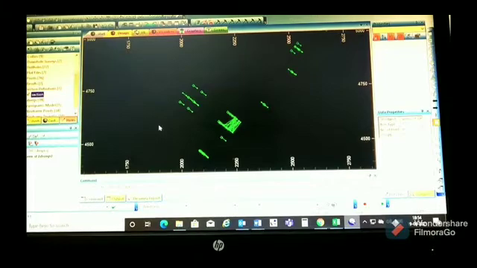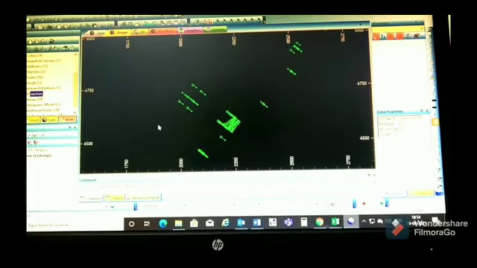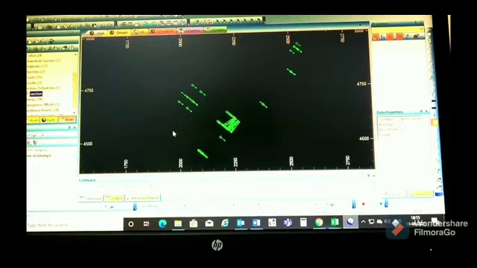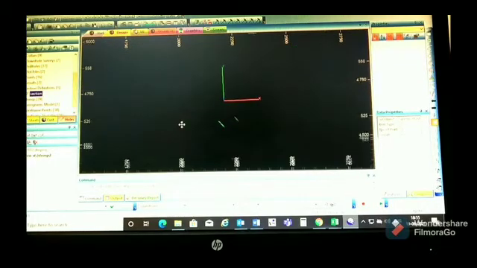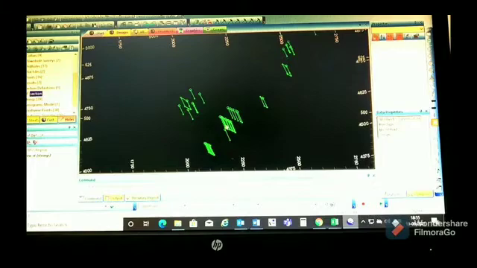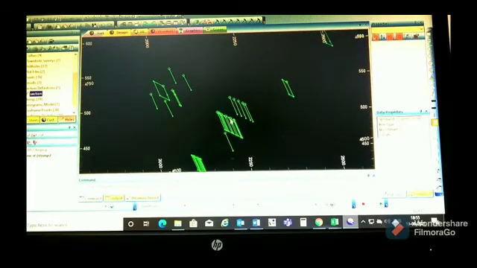This is our waste body bands which we have digitized as per the dipping of the waste body. Here we can see. Now we can take all the bands in a particular alignment as per the strike alignment of our deposit by pressing the shift key. Here we can see we have taken all the bands in a particular alignment.